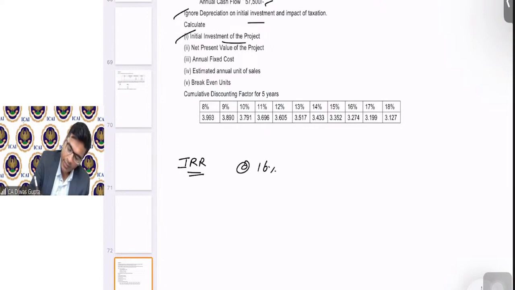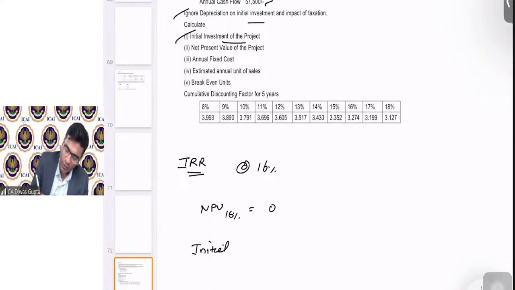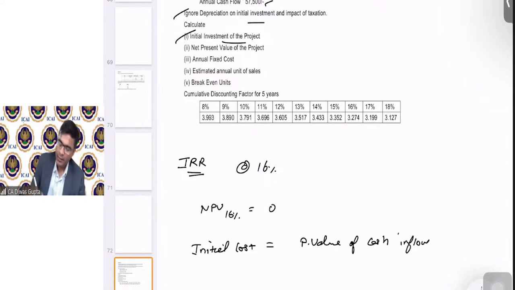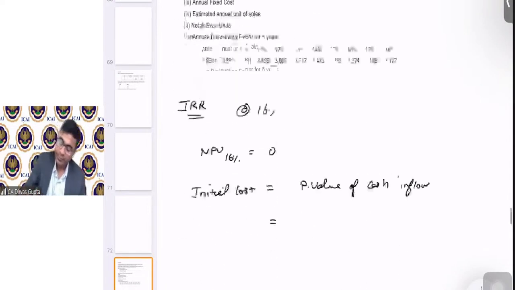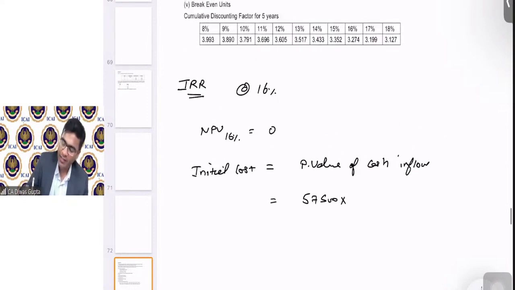IRR at the rate of 16% we have been given. That means NPV at 16% will be zero. Correct? So can we say that initial cost is equal to present value of cash inflows? Yes, we can say that. What is the present value of cash inflows? 57,500 is the annual cash flow, and for 5 years, PVAF